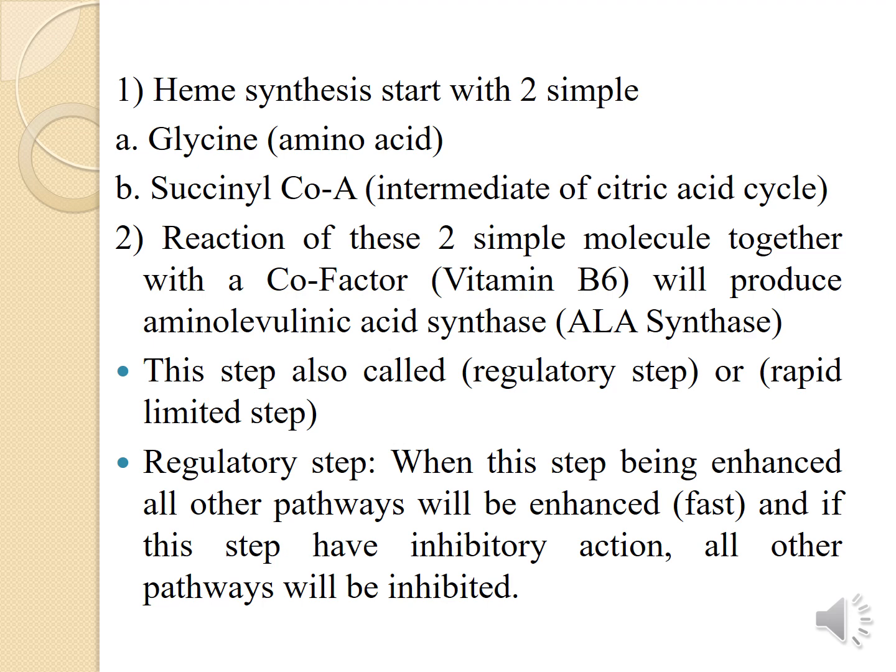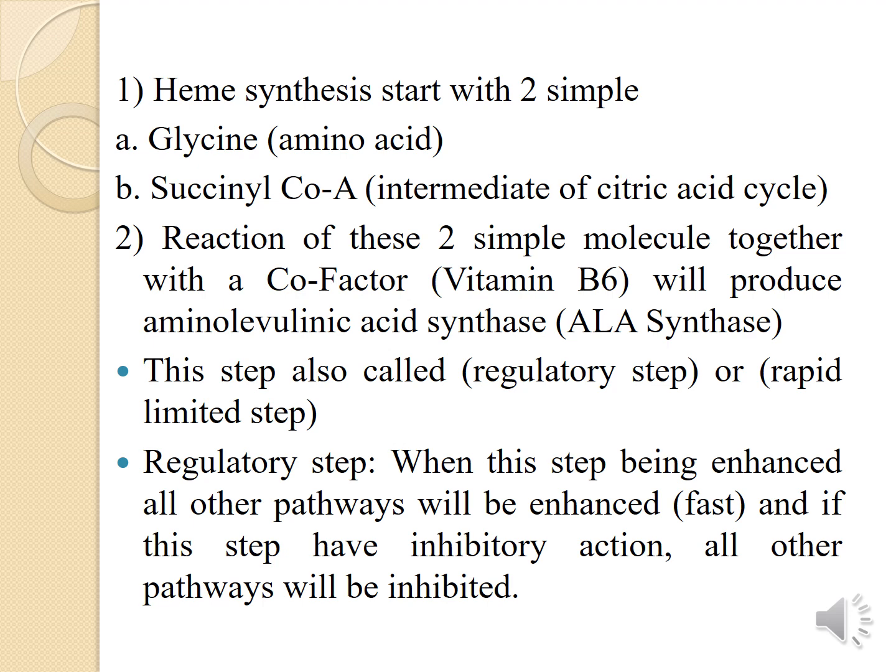And heme synthesis starts with 2 simple products, that is glycine, which is an amino acid as we all know, and succinyl-CoA, which is an intermediate of the citric acid cycle. This citric acid cycle is part of carbohydrate metabolism, we have read it before. Then the second step is the reaction of these 2 simple molecules together with a cofactor, that is vitamin B6. It is nothing but pyridoxine, which is useful for brain development, and it will produce amino-levulinic acid synthase,